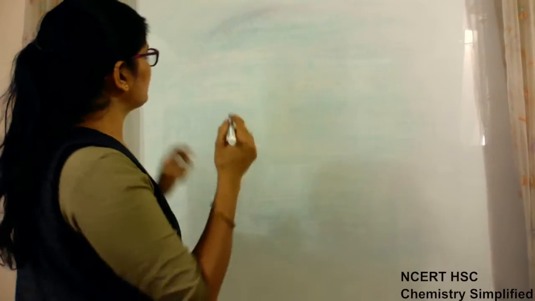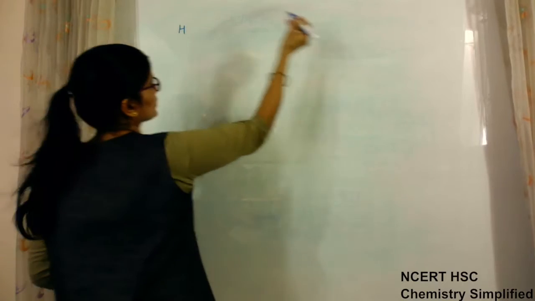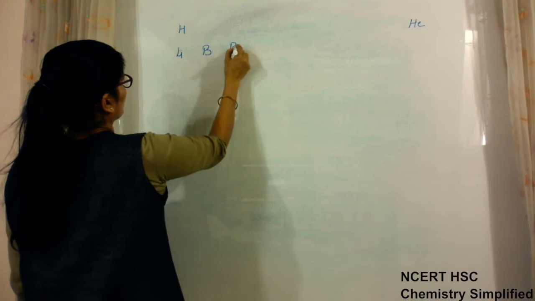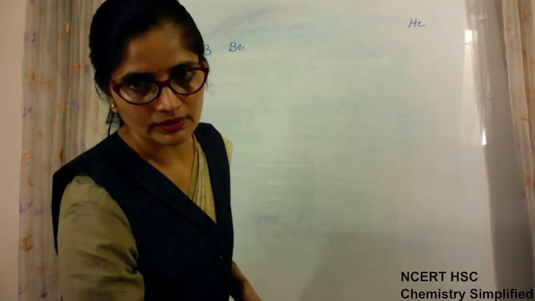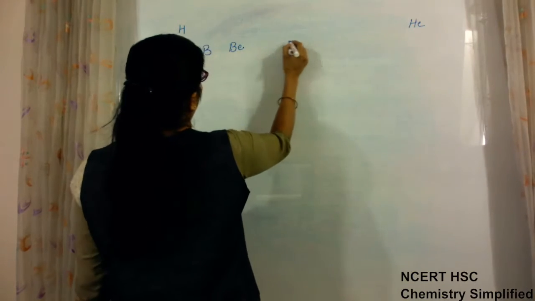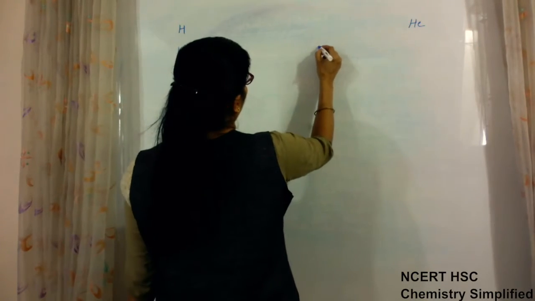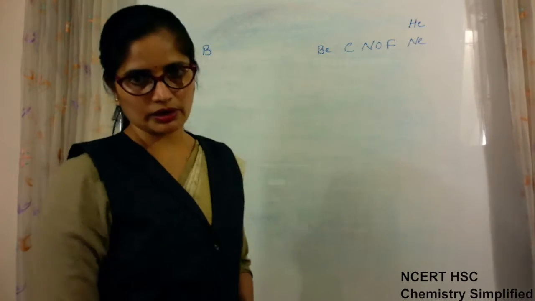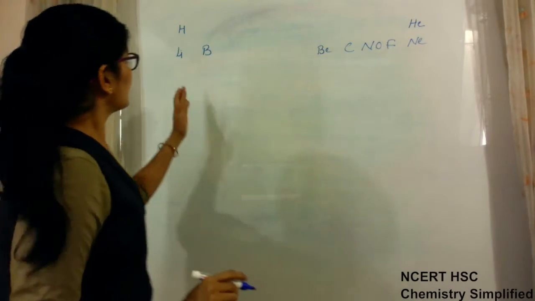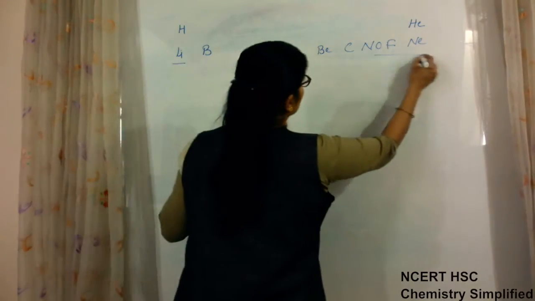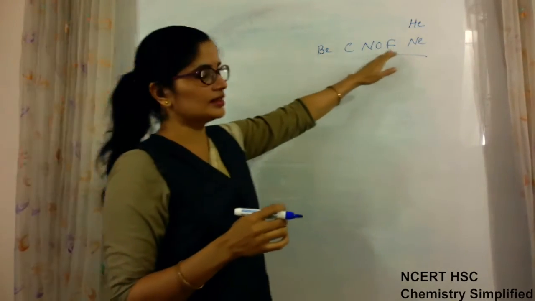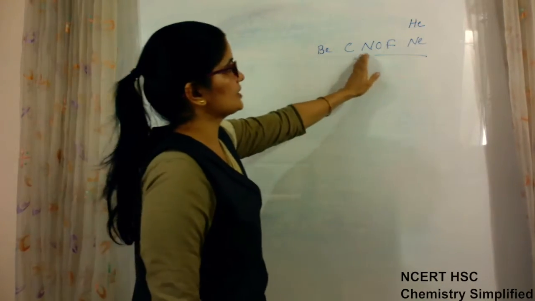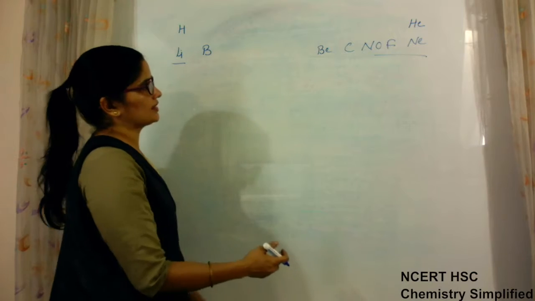Okay, I told you that in the periodic table if we start from hydrogen to helium, then lithium, beryllium, boron, carbon, nitrogen, oxygen, fluorine and neon. Okay, now we had seen that when we go from left to right, because electrons are being added in the same shell, the nuclear charge is increasing and the atomic radius will go on decreasing. So according to that,